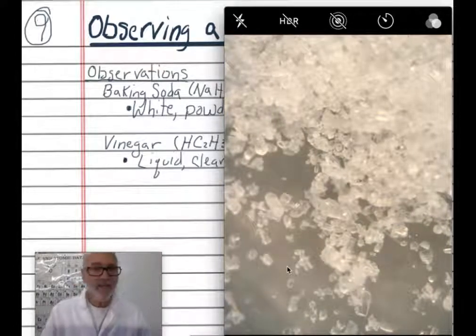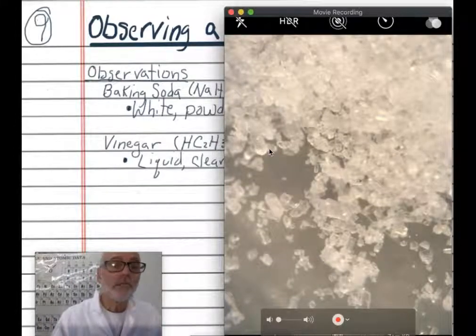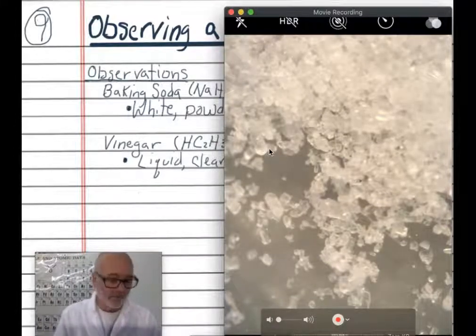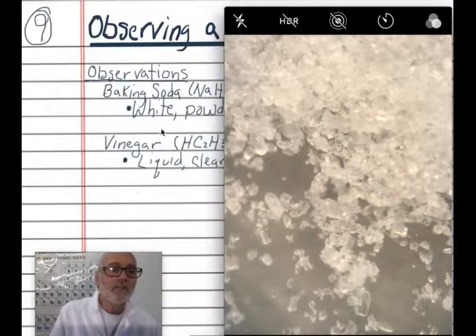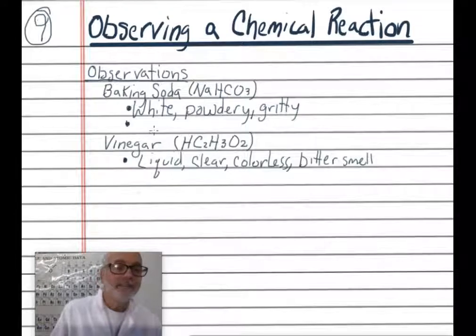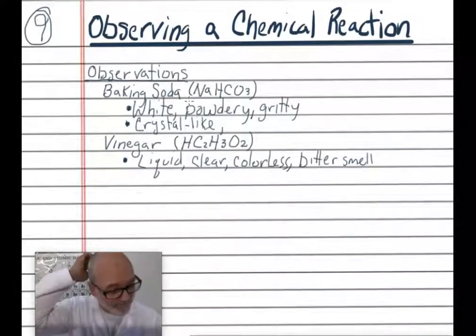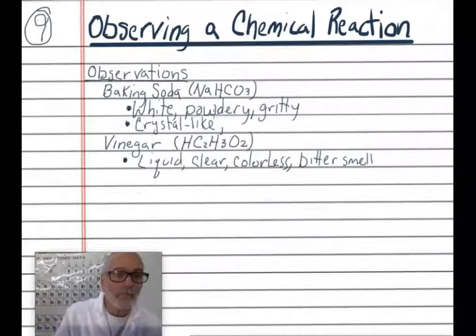So if we're going to look at these under the microscope, or if we're going to continue our observations, something you might write, I'm going to put a little dot here. I should have skipped some more lines, but I didn't. So you can say that they look crystal-like, and actually they are a crystal. Sharp edges,